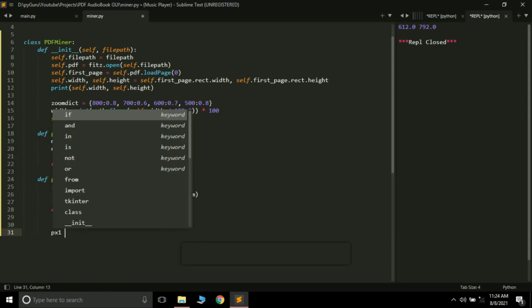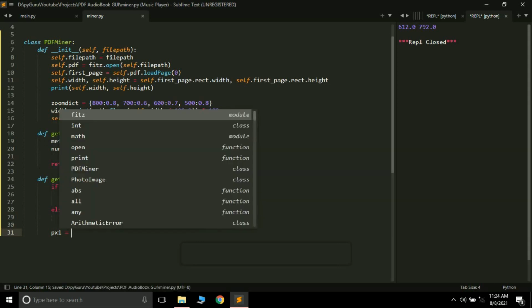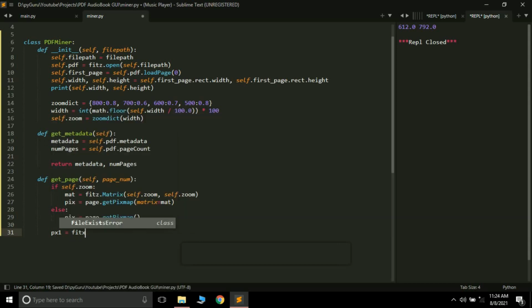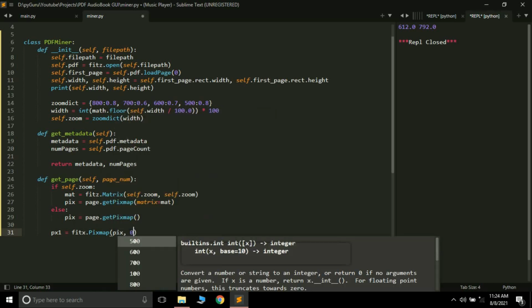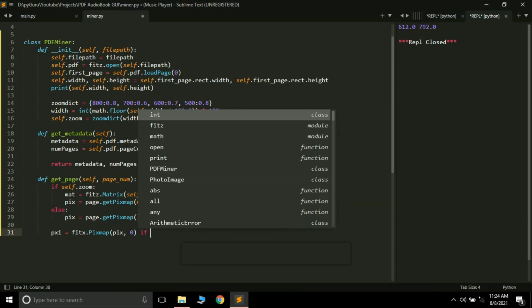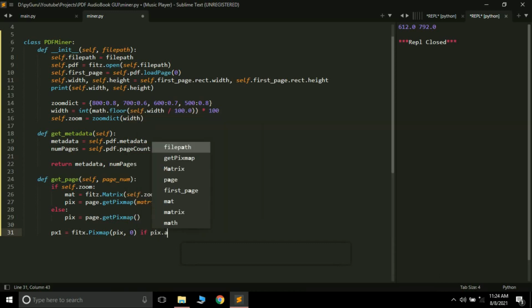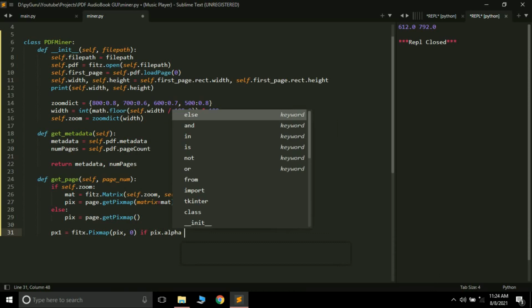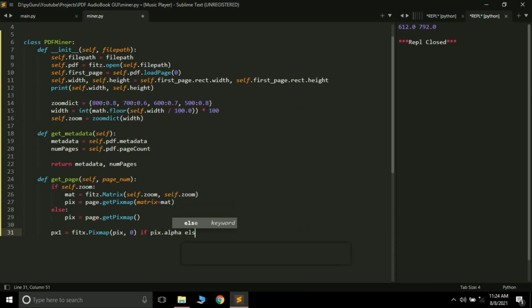Here we are going to create a new variable, px1, equals fitz.Pixmap. We are going to do a few things here, pix comma 0, if pix.alpha, we are just going to use some modification here, else pix.